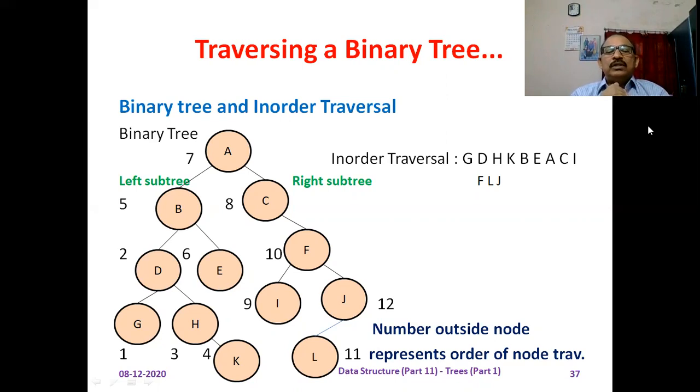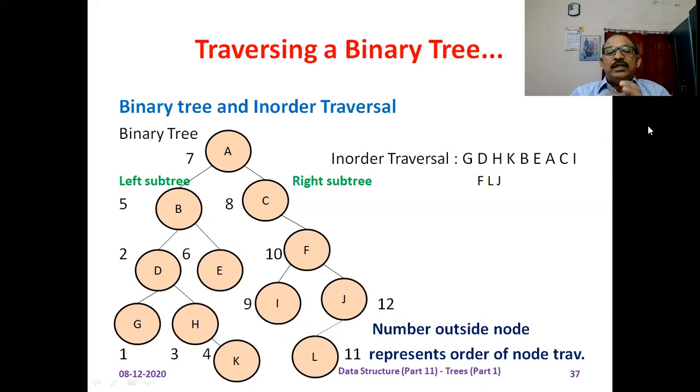Control goes to the, you can say, left subtree of F. And root node is I at this time. And left subtree is null. Therefore, I is printed on the screen. Next suspended activity, you can say processing of node F. F is printed on the screen. Next suspended activity, you can say the right subtree of F, that is J.